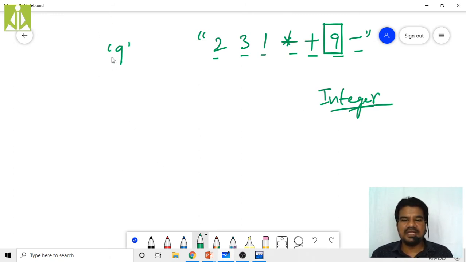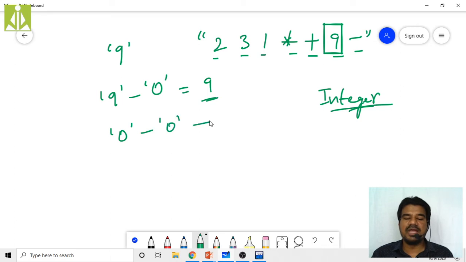So how can I get the integer equivalent of this 9? Simply subtract character '0' from that character '9'. You will get integer 9. Not only 9. Even if you want the integer equivalent of 0, simply subtract '0' from that '0'. For character '1', if you need the integer equivalent, subtract '0' and it will give you integer 1.